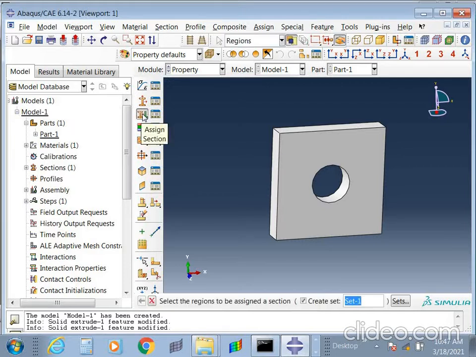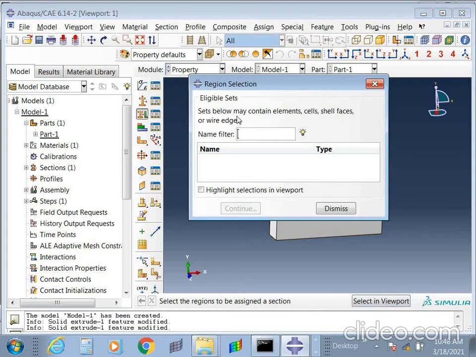Click on assign section, select the geometry, and it will create its own set. Set means for that particular result it will give. So I'll take that set as plate. You can create a plate as the name of that set. So now